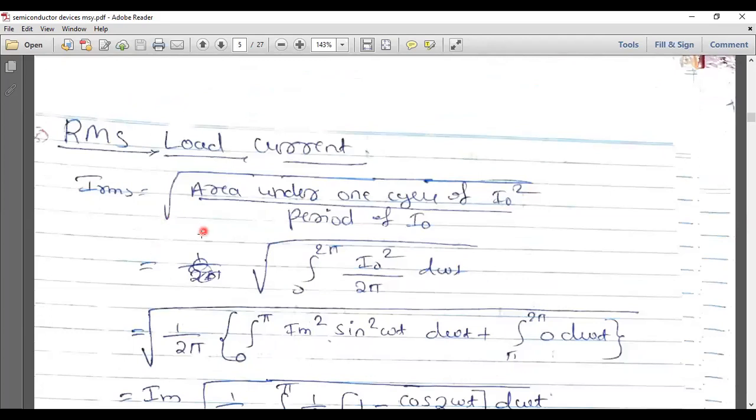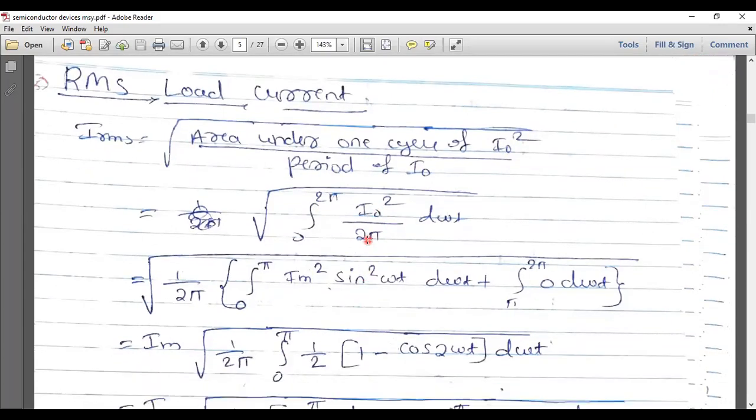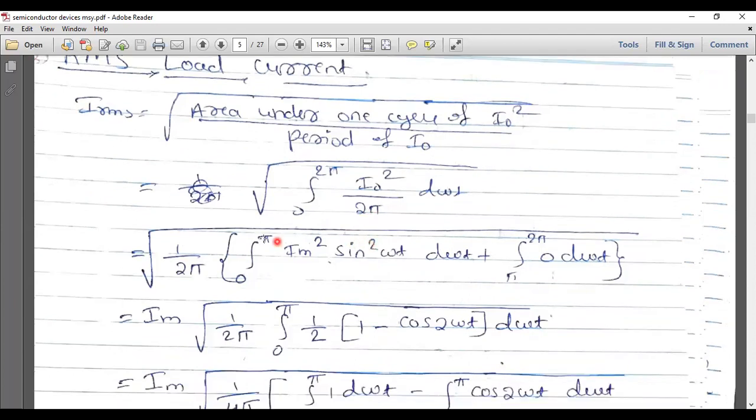And next, the RMS load current. This RMS value we have to calculate now. The load current at the load side, the RMS current we have to identify. Some part of AC is there here now. So for one cycle 0 to 2π, we use square root of 0 to 2π, I naught square, divided by the area under that period, which is 0 to 2π only. So 2π minus 0 is nothing but 2π, I will use here now.